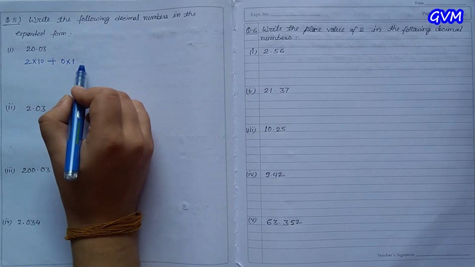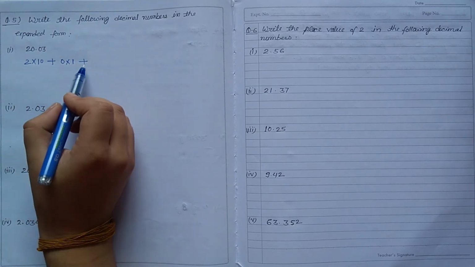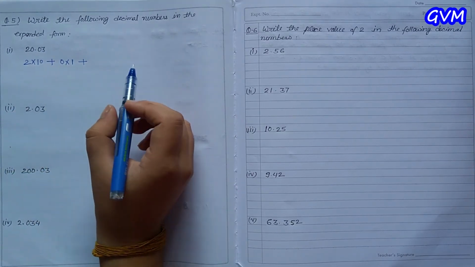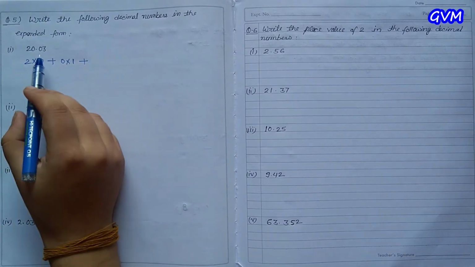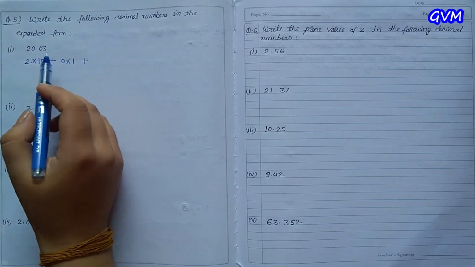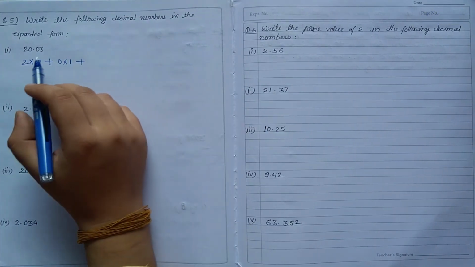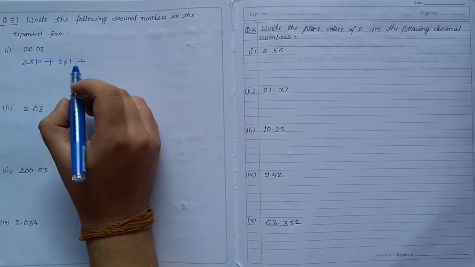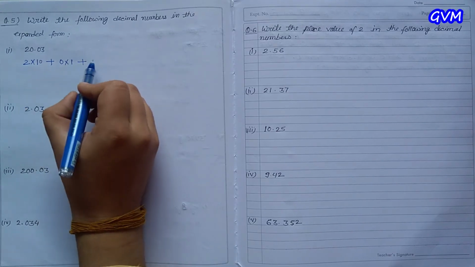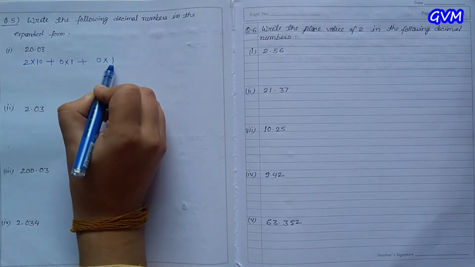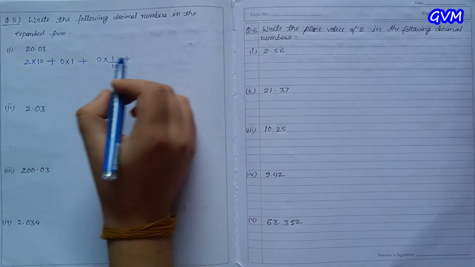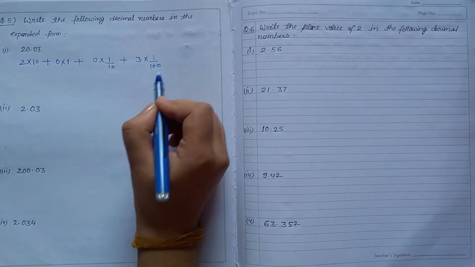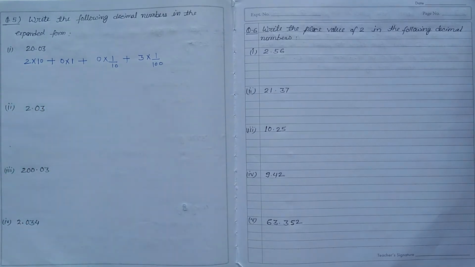Then plus there is 0 and 0 की place value है 1. Okay. Then plus, now we will not put a point here because every digit after writing them in expanded form means they are adding, and when we write them with their place value they will automatically represent their decimal form. Okay. So 2 into 10 for 2 plus 0 into 1 for 0. Now plus 0. So this place is 10th place. So this is 10th, means 0 into 1 upon 10. Plus 3 का place हमारे पास है, 3 into 1 upon 100th place है. So 100. Okay, so this is the expanded form.